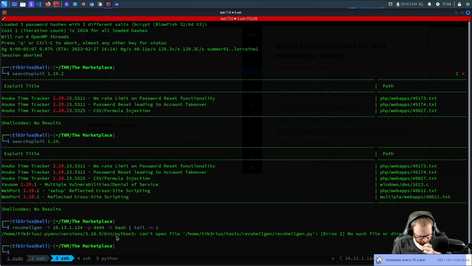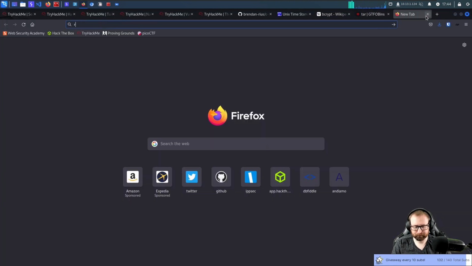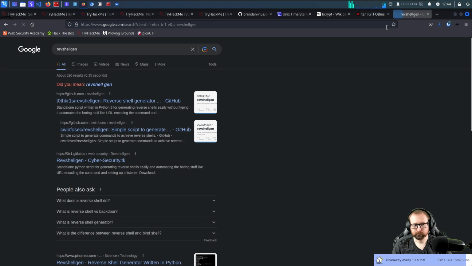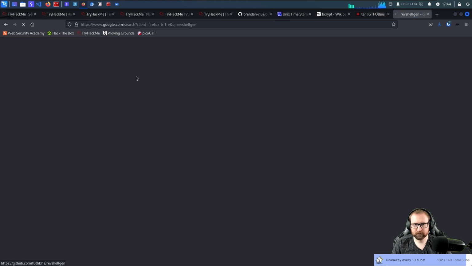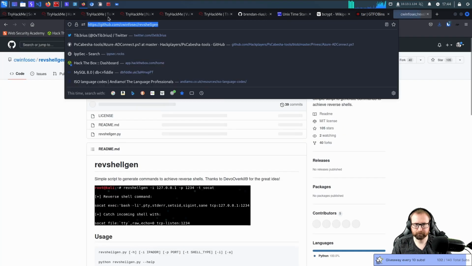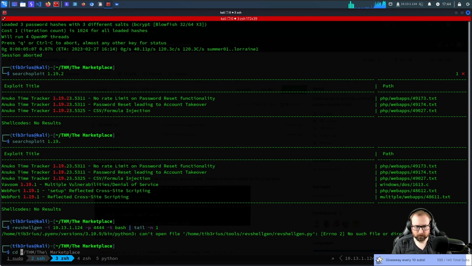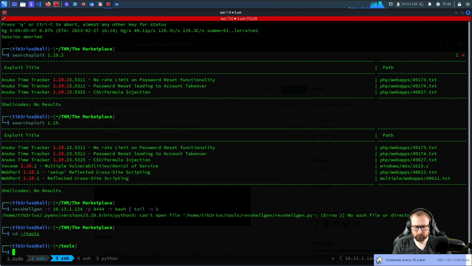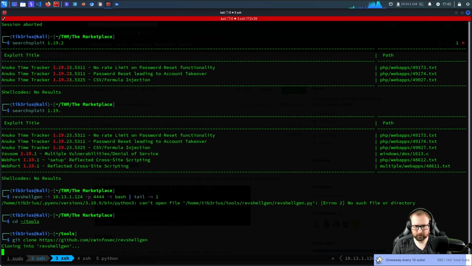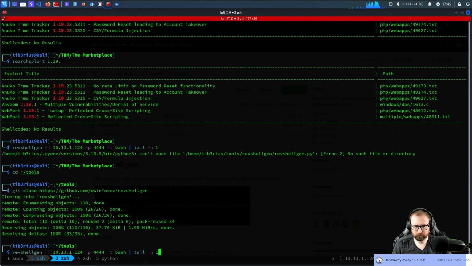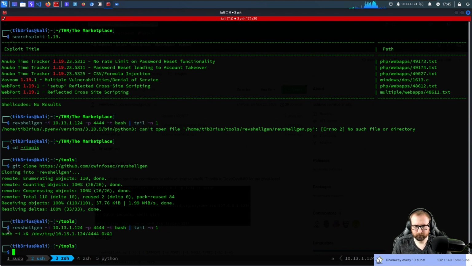Oh. Apparently I haven't downloaded RevShell Gen yet. This one is the one I generally use. CD into tools. Git clone that. I'm going to try SH.